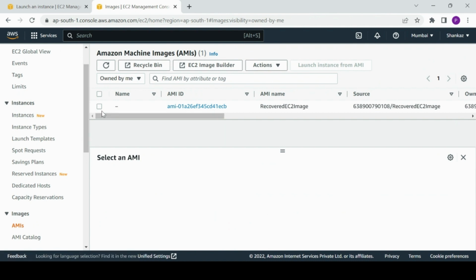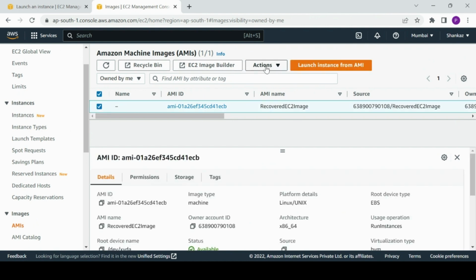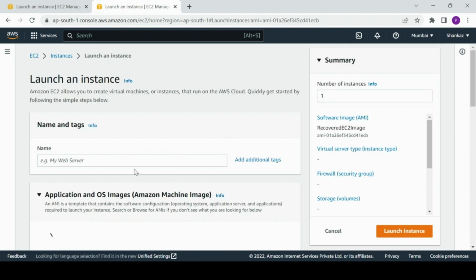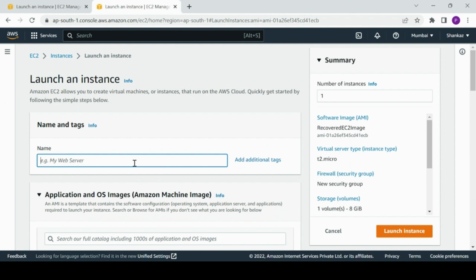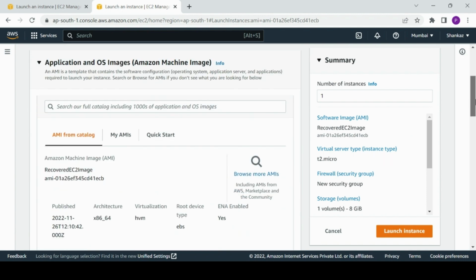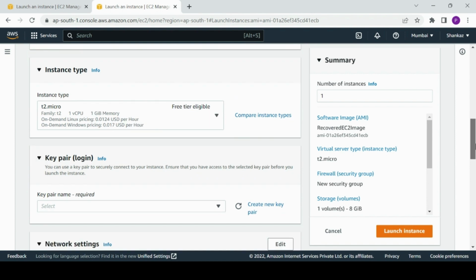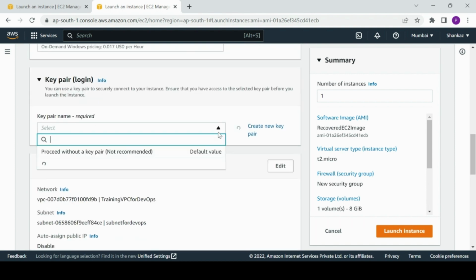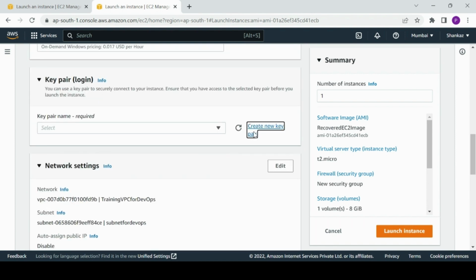This is the image I've created. Since my existing instance is stopped, and this is the image of that particular instance, I'll go ahead and check this box and say launch instance from the AMI. So I'm going to spin up another instance using this AMI. It's called recovered instance, right? And I'll use the same AMI with the same configurations, but what I'll do is create a new